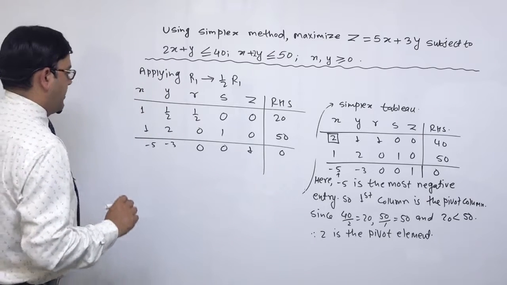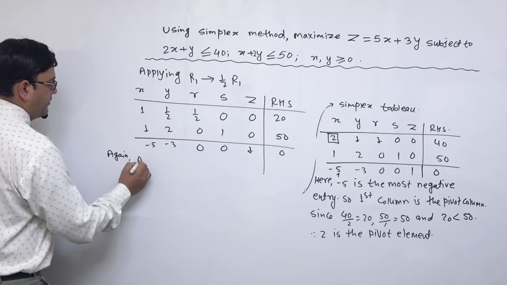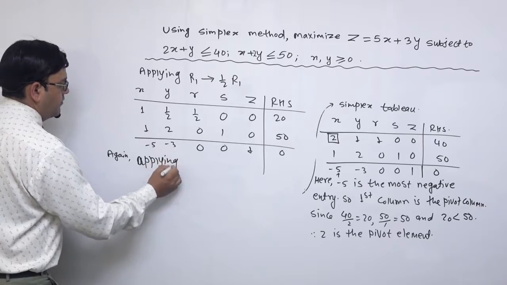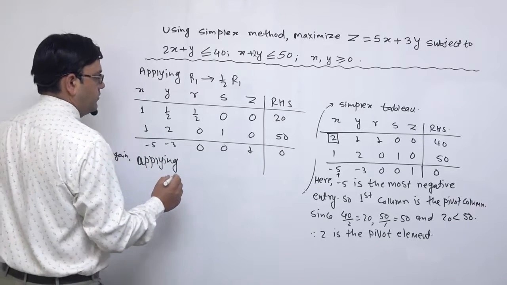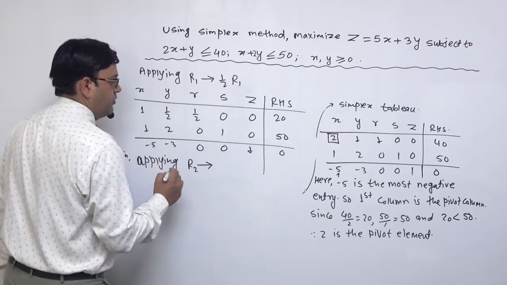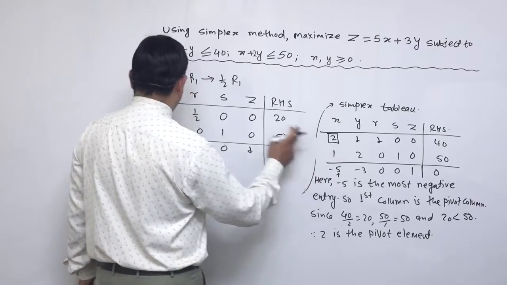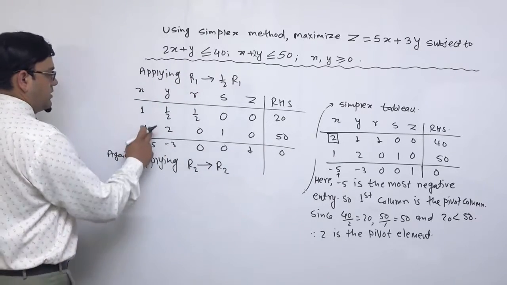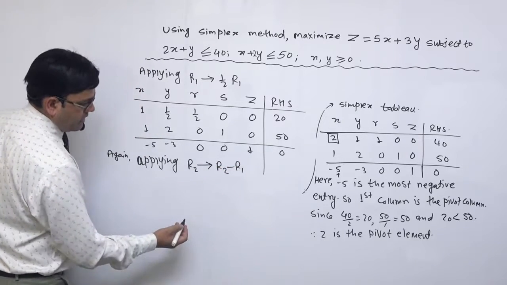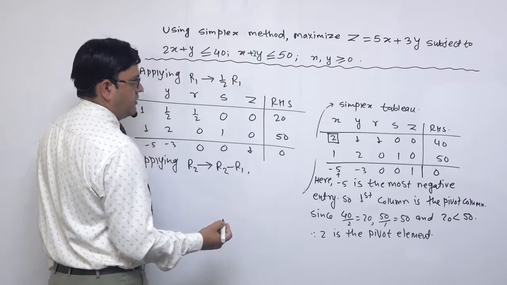Now again we have to apply, applying R2 changes into R2 minus 1 छ यसमा. अब हेर्नुस् है, यहाँ हामीले यहाँ 1 छ, 1 minus 1 गर्नलाई R2 minus R1 गर्न मिल्छ. त्यस्तै फेरि, comma, R3 changes into